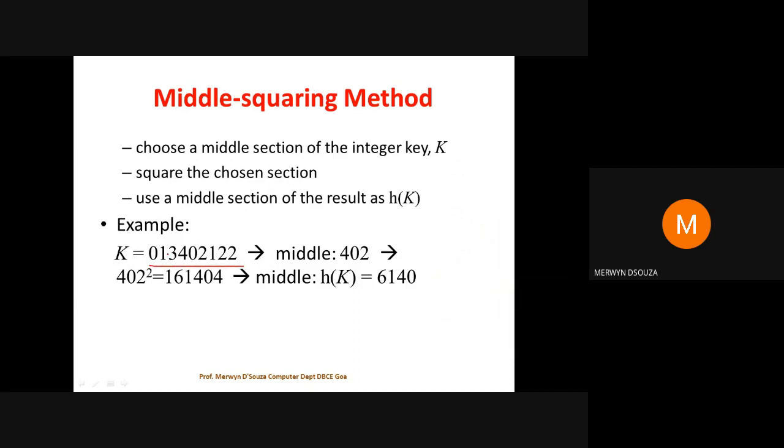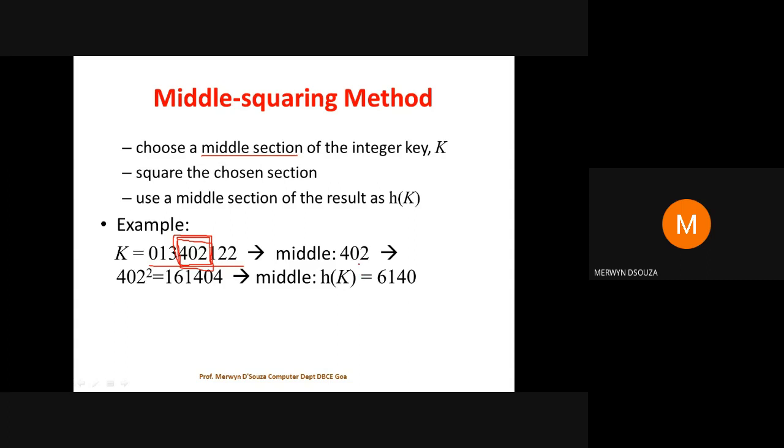Select the middle. I'm selecting 3 digits as the middle. You could select 2 digits, or only 1 digit as the middle. It's up to you as a programmer, depending on the size of the hash table. So I'm choosing the middle 3 digits as the middle section.